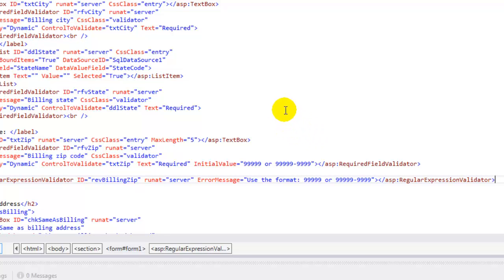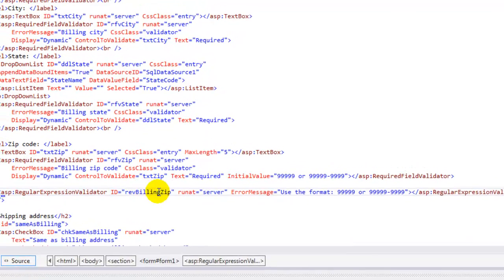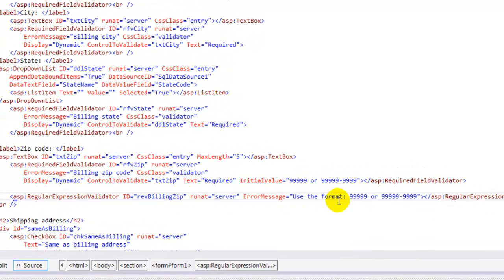So we have to think, well, what kind of regular expression do I need? The regular expression stuff is on page 245 through 247. So we could look there and find out what kind of regular expression we need. And we know that we have 5 digits, and then optionally, a hyphen and then 4 digits. So for the regular expression validator, we have to have